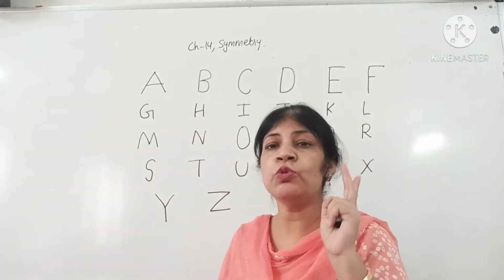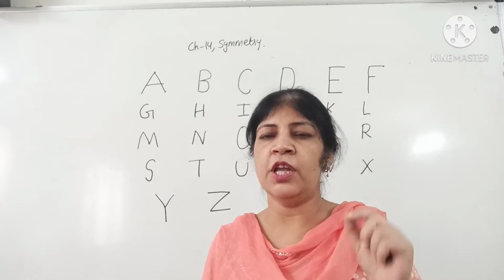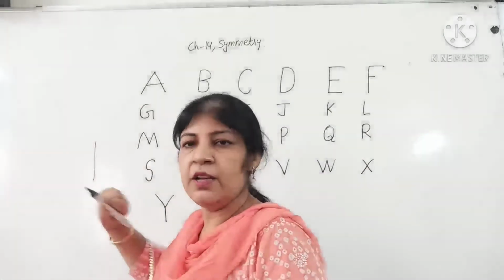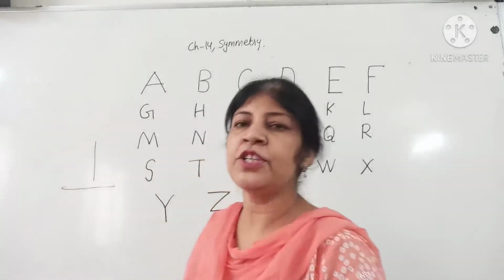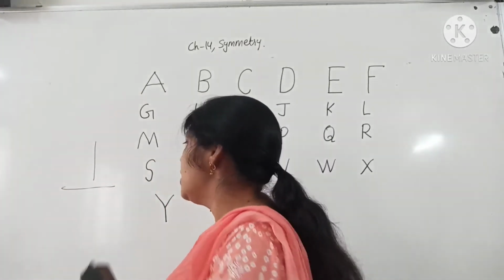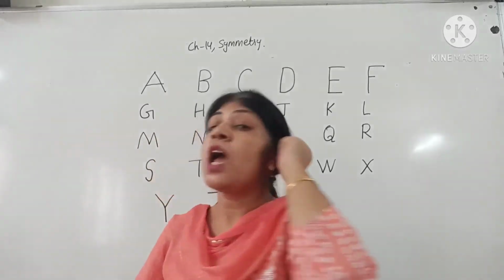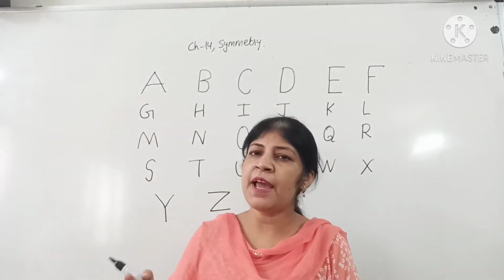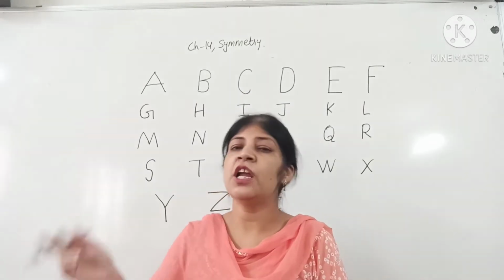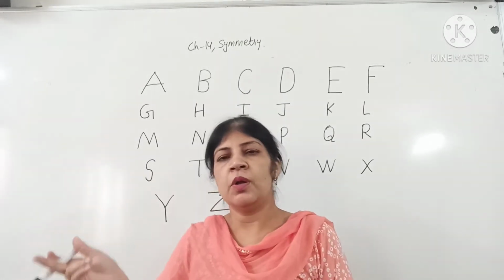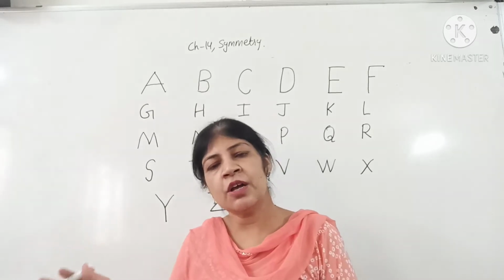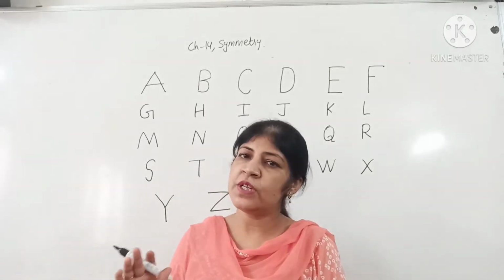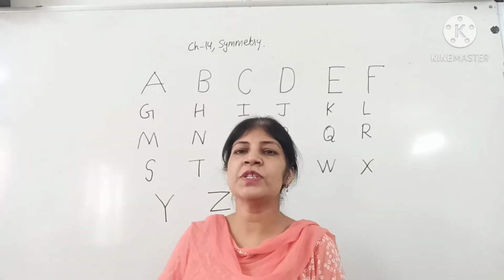Now there are two types of line of symmetry, vertical and horizontal. This is vertical and this is horizontal line of symmetry. So in alphabets, some alphabets have vertical line of symmetry, some have horizontal line of symmetry, some have both vertical as well as horizontal, and some have zero line of symmetry. Even you can draw yourself.